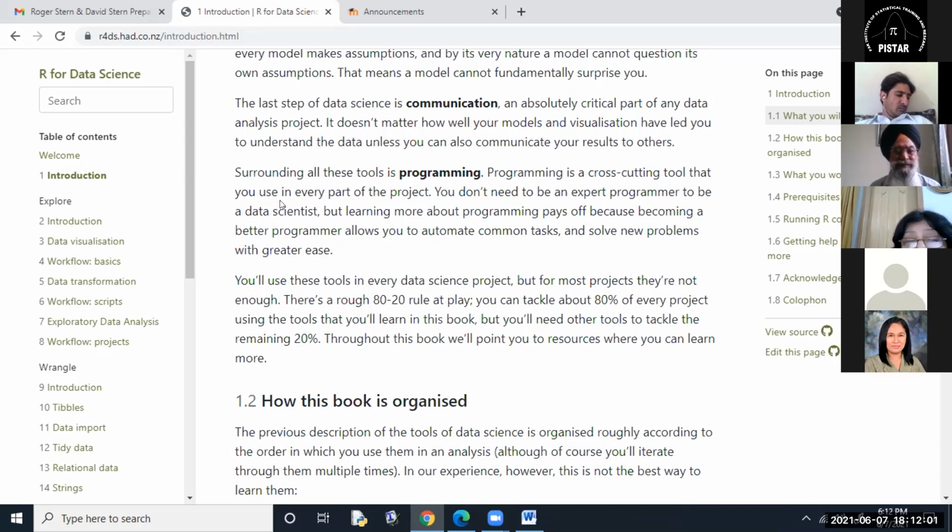So they're saying it's not absolutely necessary to be an expert programmer, but obviously it pays off if you learn some programming. You'll use these tools in every data science project, but for most projects, they're not enough, okay?